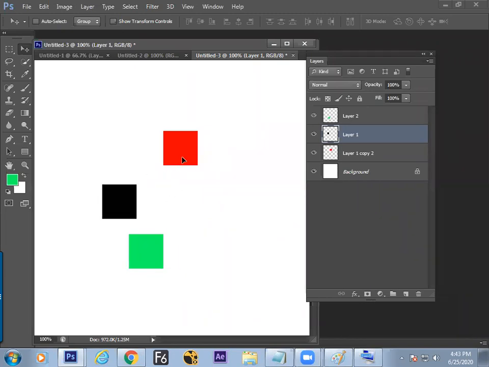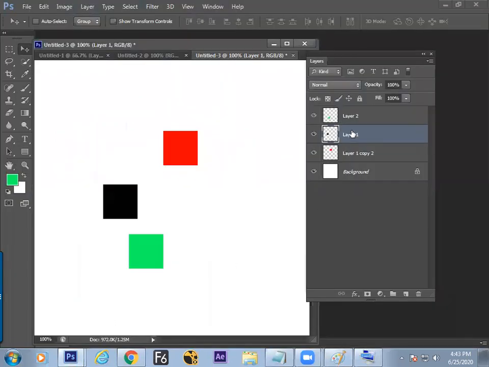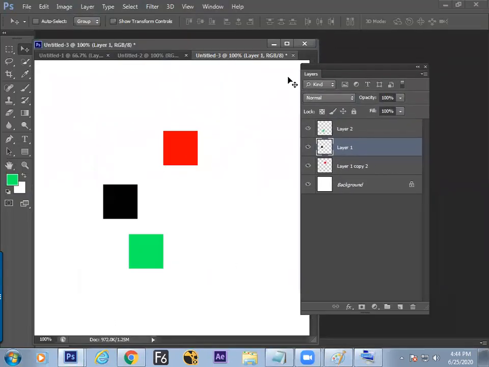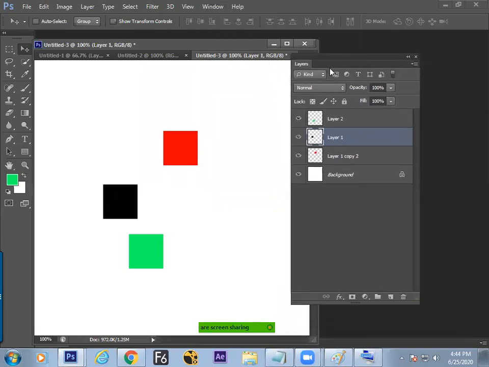And here we are discussing a topic called alignment. How to do alignment with the objects. And the objects are created by creating the layers. We created the layers by opening this layer window, which has been opened through the Windows menu and by the hotkey F7. And we created the layers by clicking the second button at the bottom right. The reason for creating the layers is to move the object freely. Before, we were making the object, but it was not moving.